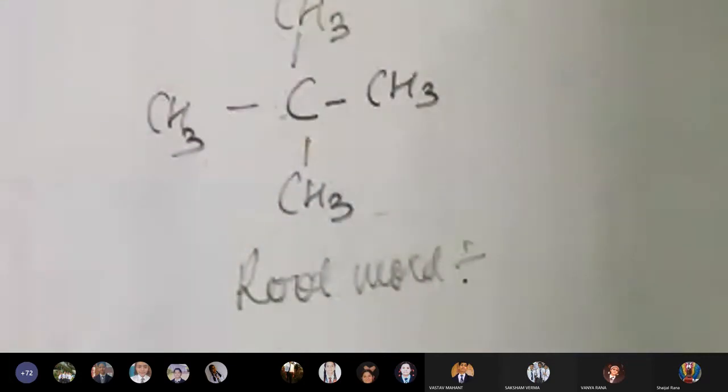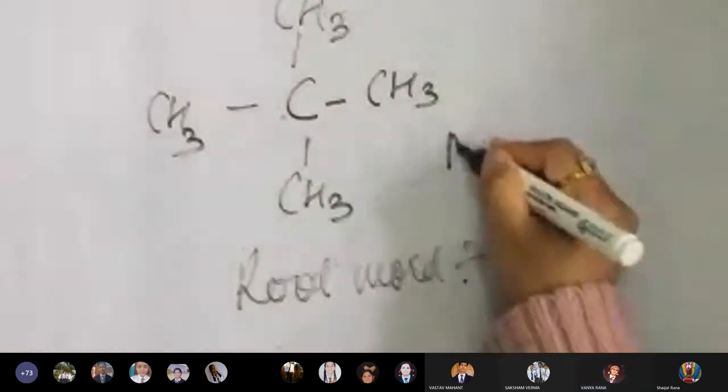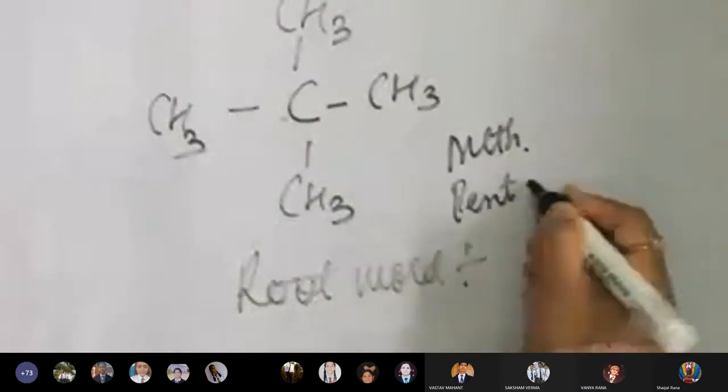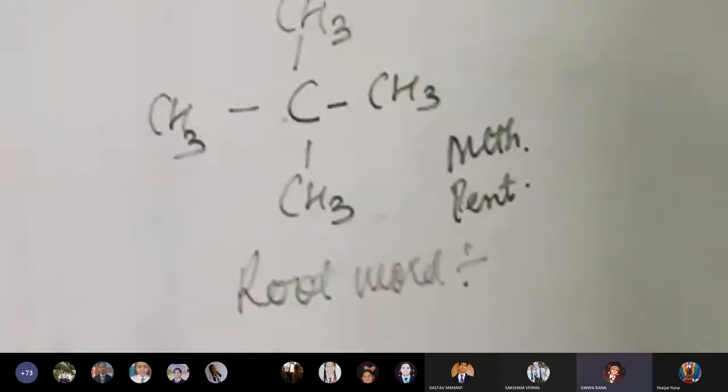Anybody who has a doubt, you can ask right now. This is not a topic that you will keep on waiting and then I will ask after 10-15 days. If you won't study these rules simultaneously, IUPAC naming will never come to you. Never. It will be a very difficult topic otherwise. It will be meth or pent. Meth or pent, Vanya? Okay, so I am writing Vanya's option here. Vanya has told either it should be meth or it should be pent.